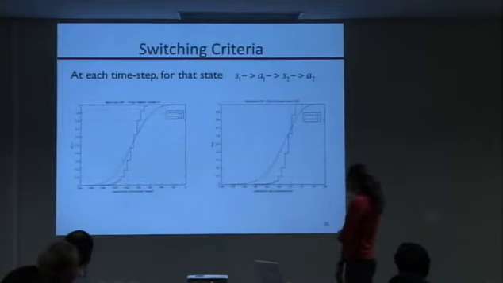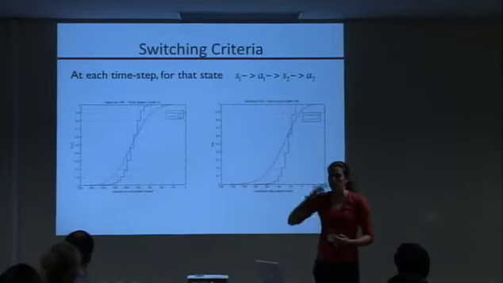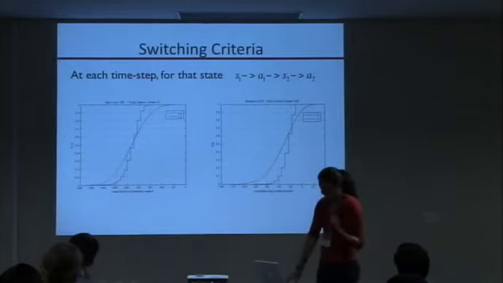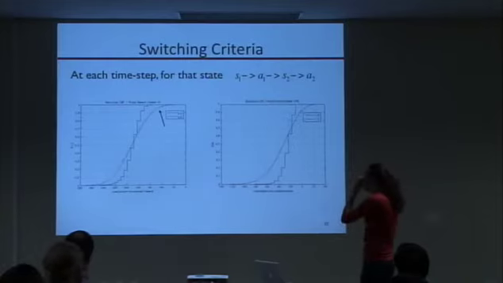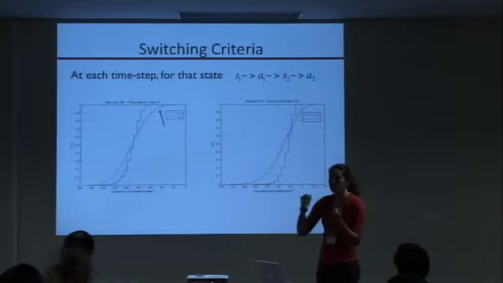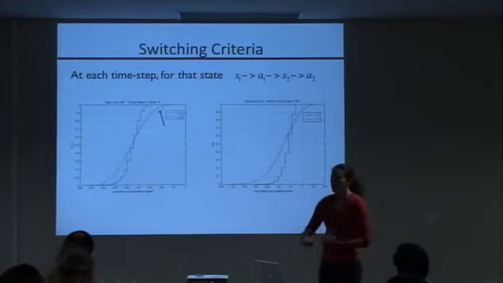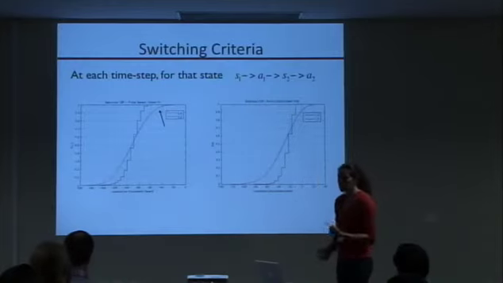So to illustrate in more depth this switching criteria, at each time step we now have these policies, and for each state we have these distributions, and so now we're executing the policy in the world, in the environment. As we go along, we can take a state and an action, and then we ask, how do we get the next action? Well, we're going to compare the cumulative distribution function for the different policies in that state. And based on our running cumulative discounted reward, which is kind of how far we are from that threshold, we're subtracting it, we look it up in our table, and it'll tell us, okay, now take the action from this